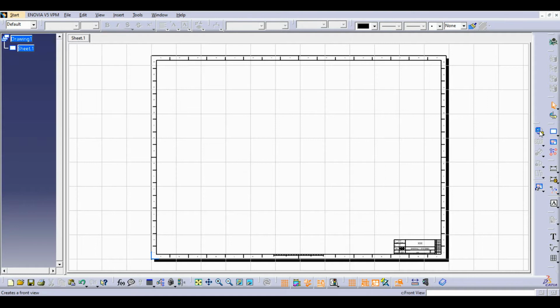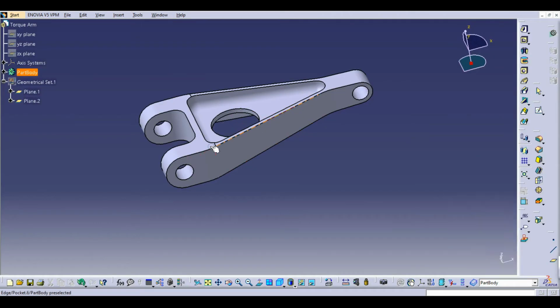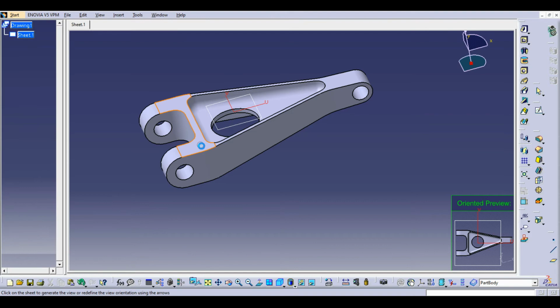We go to the front view icon, click, and then into the 3D space. You can then see how we pick on a face to create the view, and we end up with an oriented preview on the bottom right hand corner of the 3D space. This shows you basically what the view will look like. So that's the view we require. We click on it,